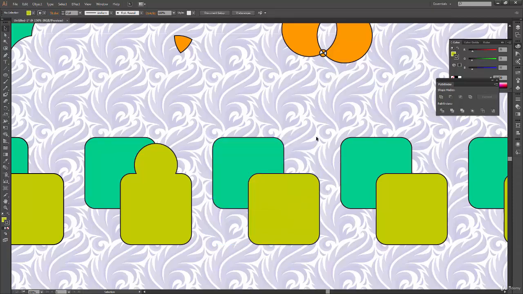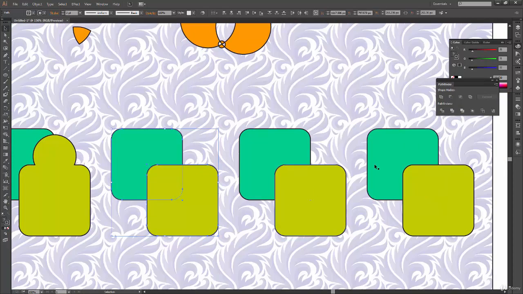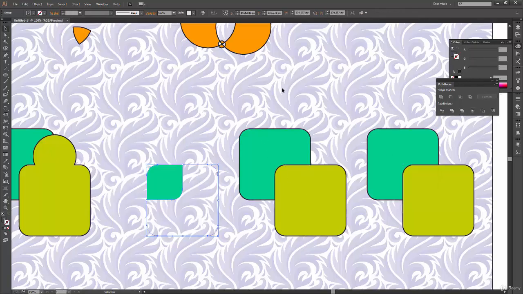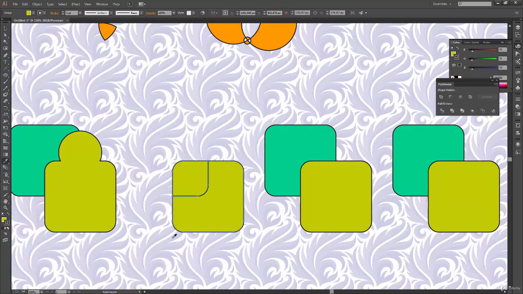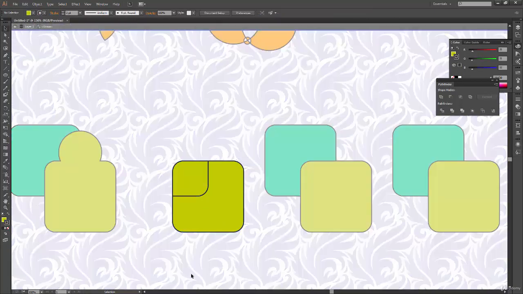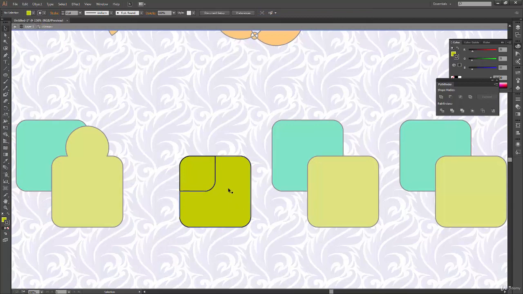All right, so now after merge, we should go ahead and understand our next operation, which is crop. So select these two shapes and apply the crop operation over here, and something has happened here. I have this shape which is preserved, but I'm seeing this shape also which has no fill at all. So first of all, let's pick the eyedropper tool, click on any of these shapes to pick its color, and now we will go to isolation mode, and then we will try to move this shape. So click and move, click and move.